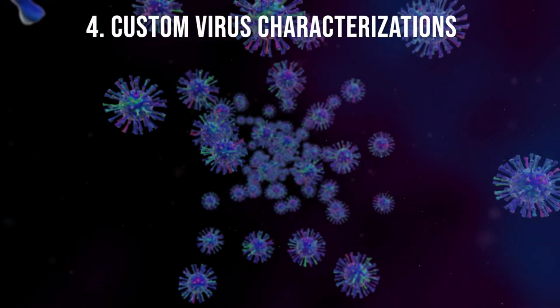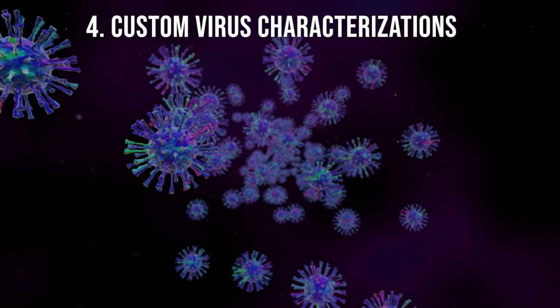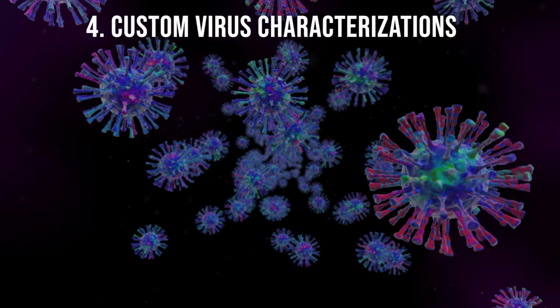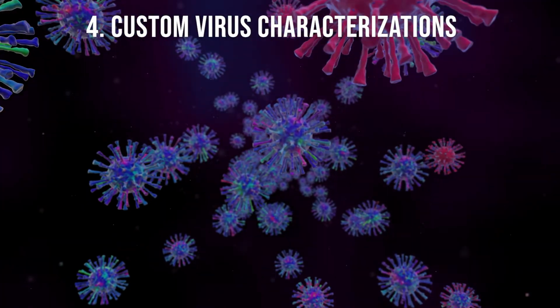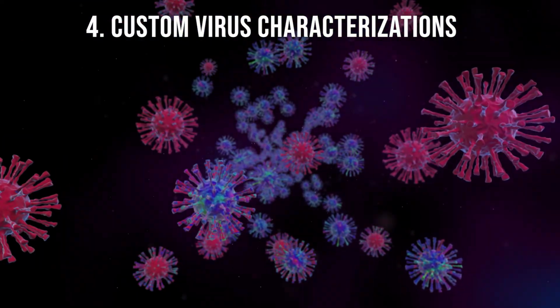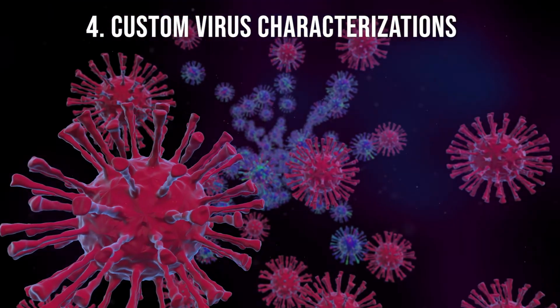4. Custom virus characterizations. Mutations and future viruses can be customized based on their parameters of aggressiveness. This helps proactive measures of safety as well as reactive, should a positive case be a more or less aggressive strand. For the time being, we're going to say that the school administrator manually inputs mask level. For example, grades K through 5 will not be wearing masks today.